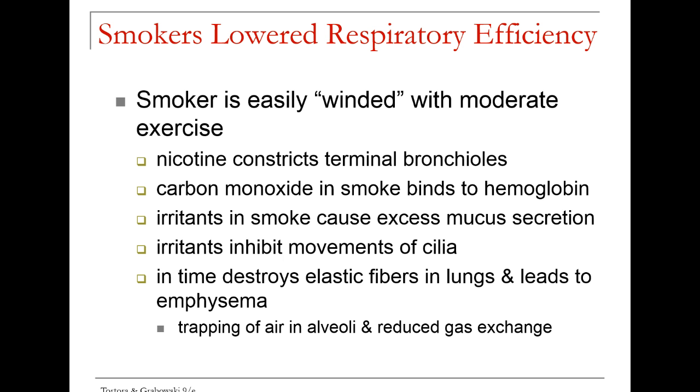The movement of that mucus is helped out by cilia found in the trachea. Remember, the trachea is lined by ciliated pseudostratified columnar epithelia. The irritants will inhibit the movement of the cilia. So not only are you producing more mucus, but you are not moving that mucus effectively out of the lungs. It may begin to build up in the lung tissue, and that's going to reduce your ability to transport gases